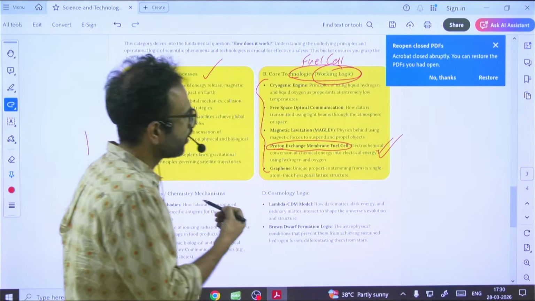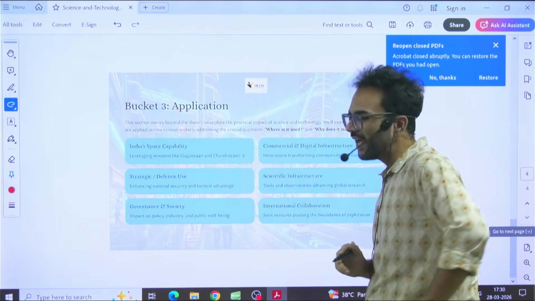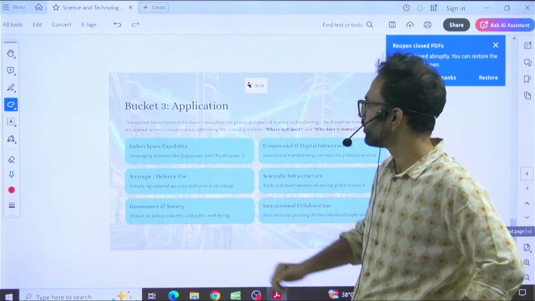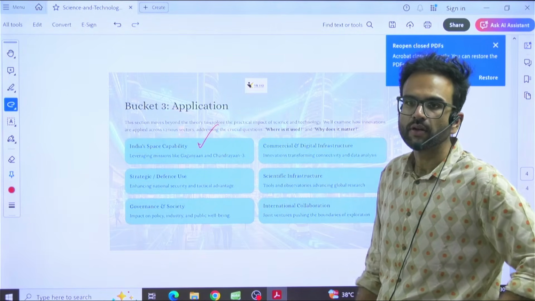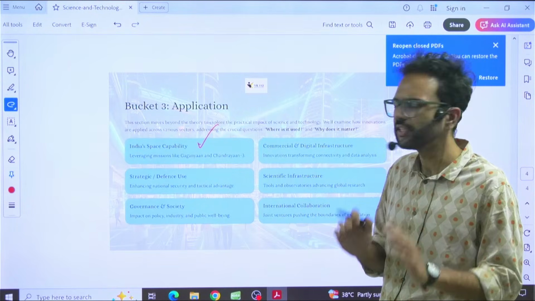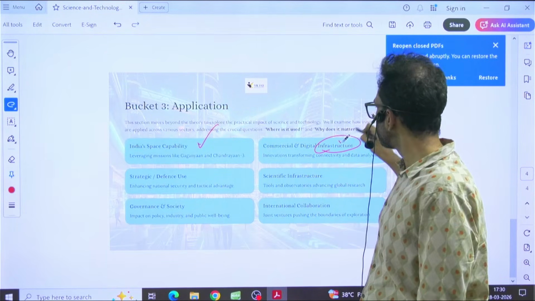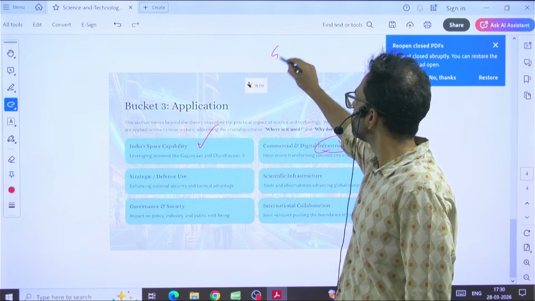Okay. Apart from this, one last category is application. Where can you apply these technologies in terms of the outer space? What capability we will have, to what extent in comparison with the other nations? Then the digital infrastructure. Now when you're talking about the topic of infrastructure in GS3,